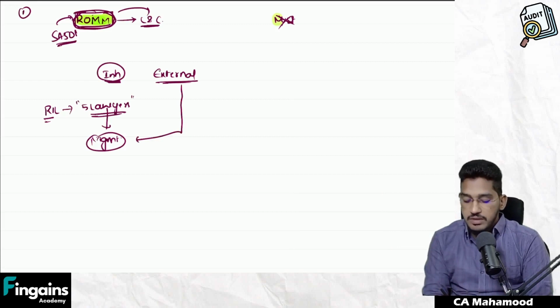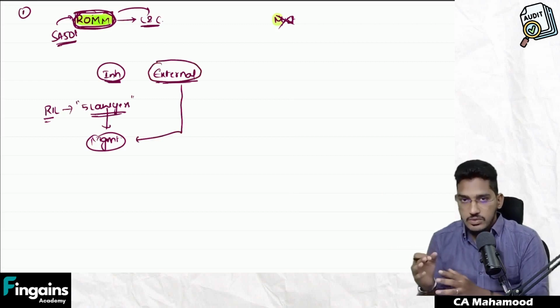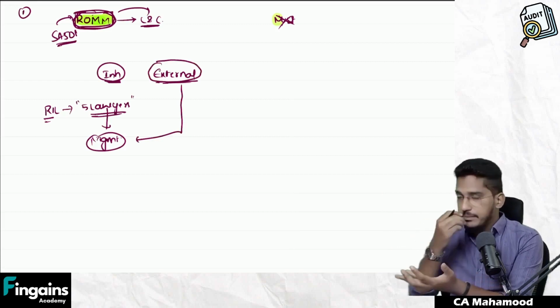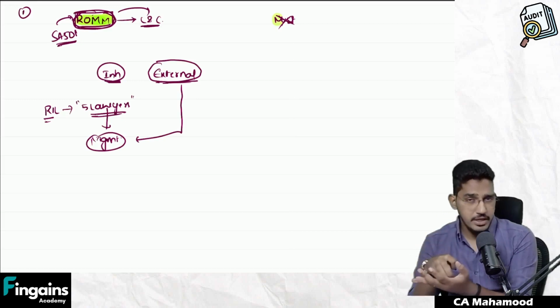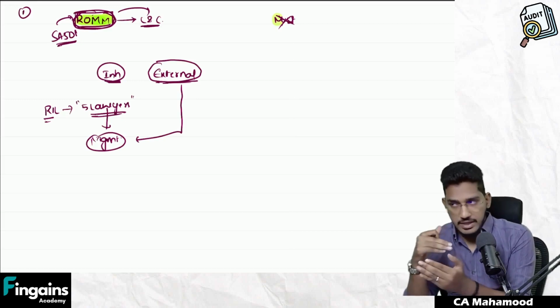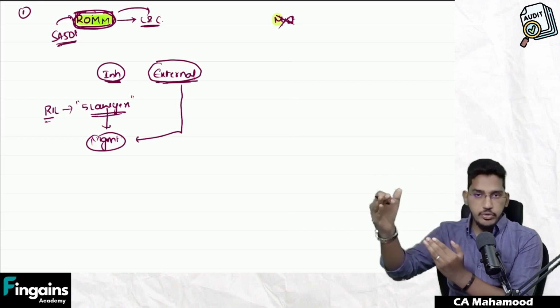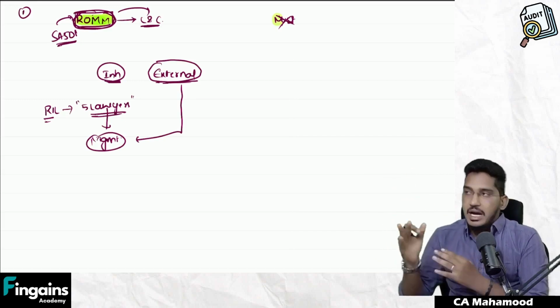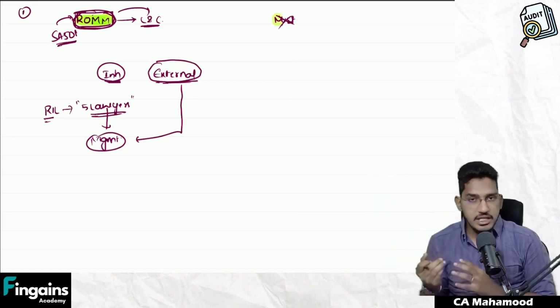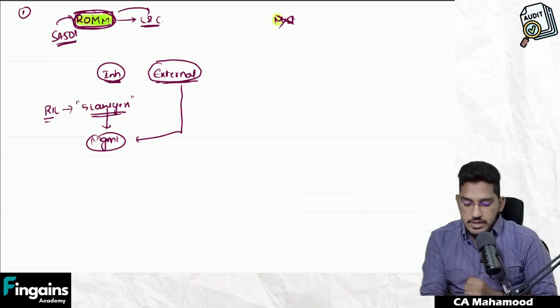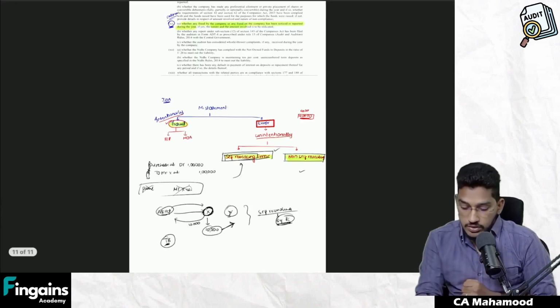So, understood the difference between an in-house legal counsel and external legal counsel? In-house legal counsel is within the team, whatever legal department is there. However, if the company has to fight the case, they will go to some external lawyer, a reputed lawyer, appoint him as a lawyer, and that external lawyer will fight the case for the company. So that's what they say here in the second point. So what they are saying here is,